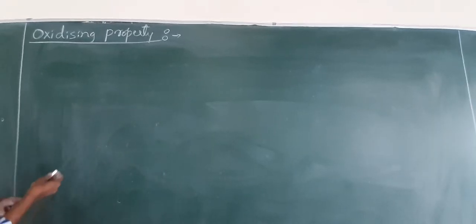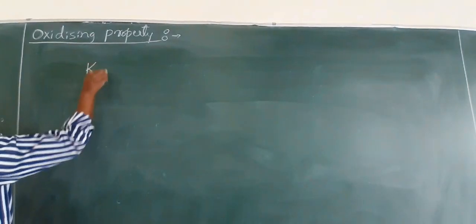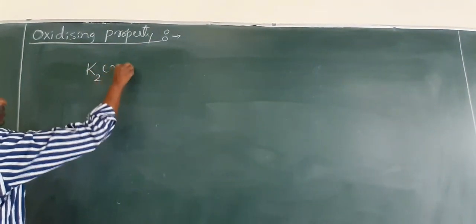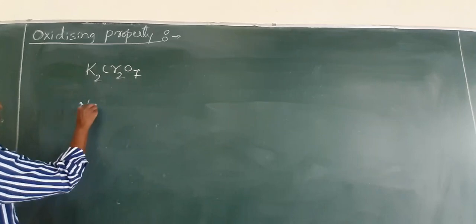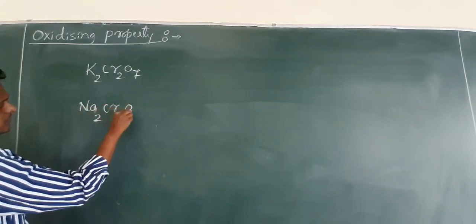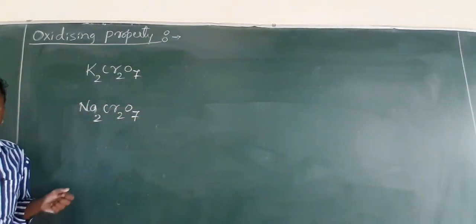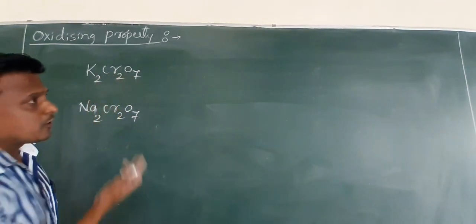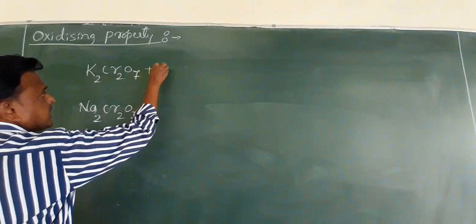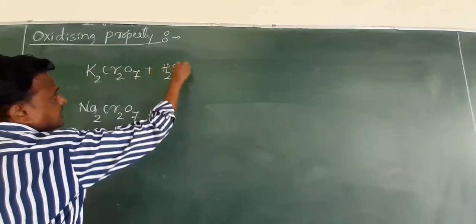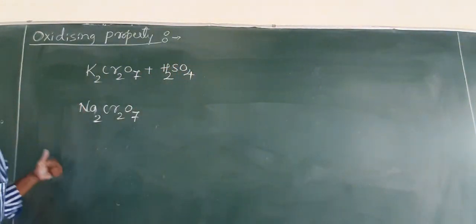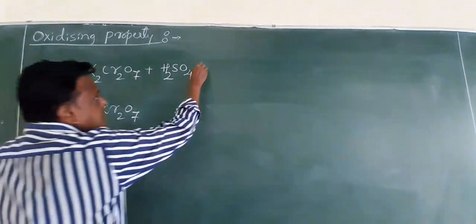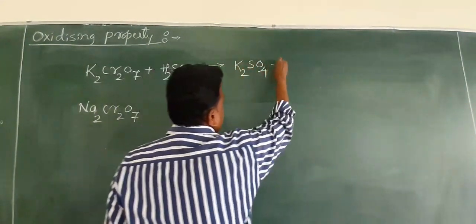Okay, friends, potassium dichromate K2Cr2O7 or sodium dichromate Na2Cr2O7, these two compounds are powerful oxidizing agents. How can you express that they are powerful oxidizing agents? When it reacts with concentrated sulfuric acid, it easily converts into potassium sulfate and